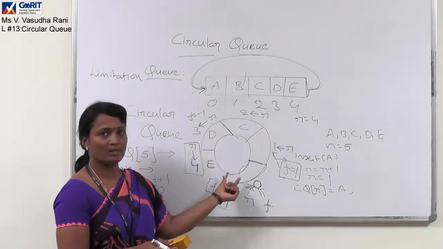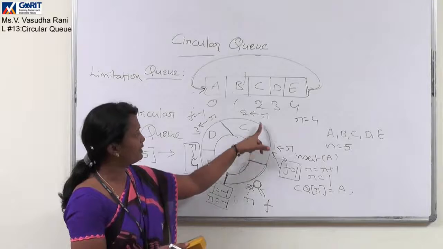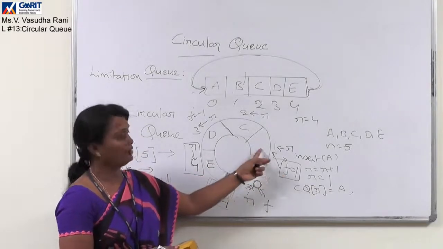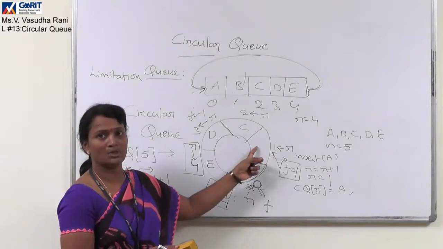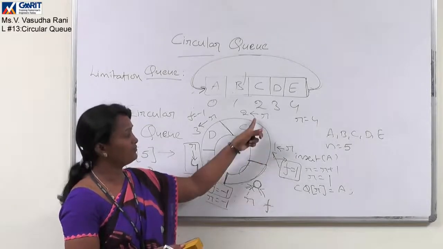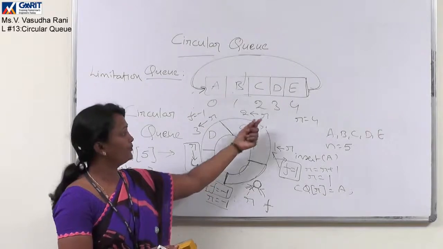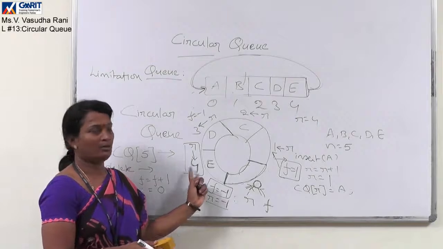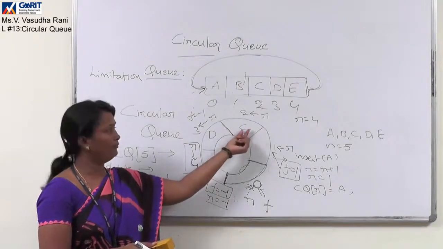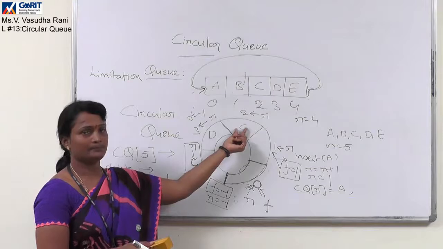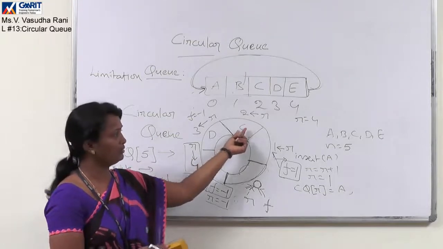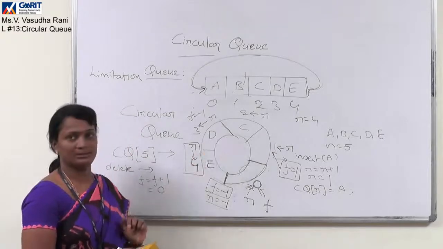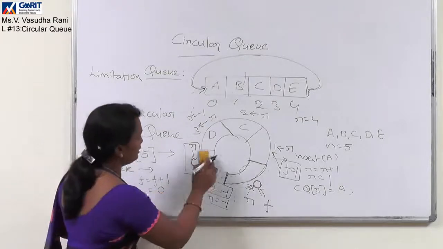To access those values, it is F plus 1 to rear. F is 1 but it is referring to an empty location. We have to start referring to the list of values from F plus 1, F plus 1 to rear. We have to use a for loop with the index variable I, whose first value has to start from F plus 1 to rear to access these values.